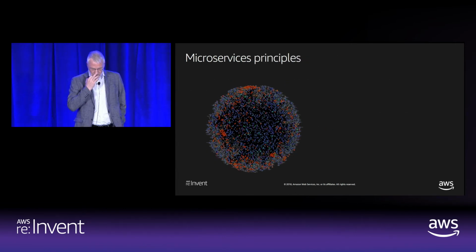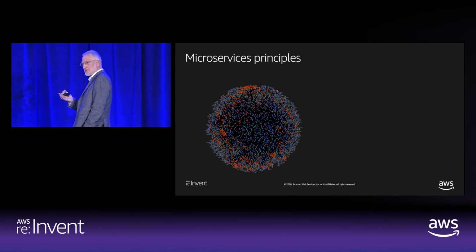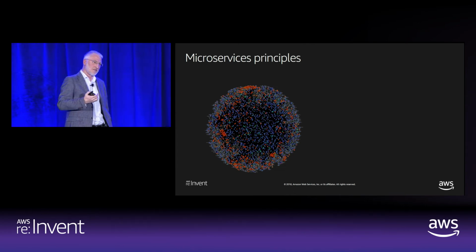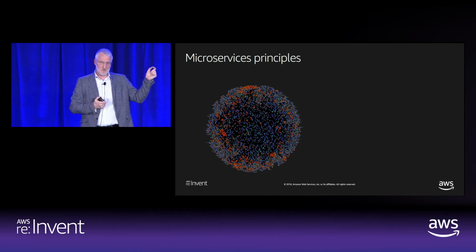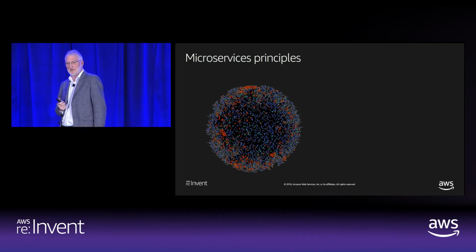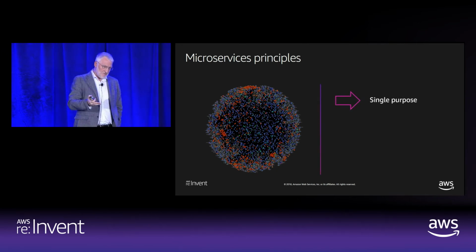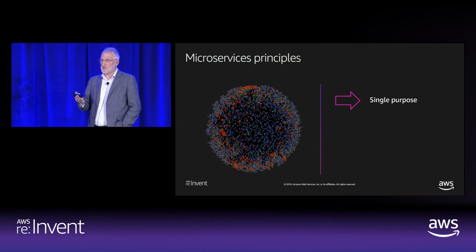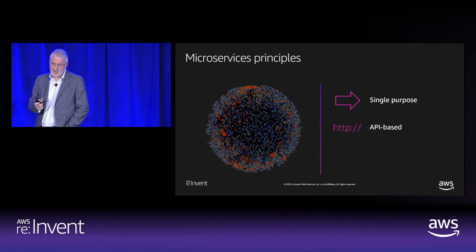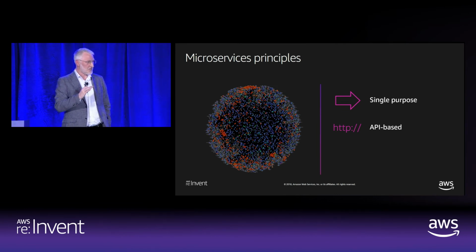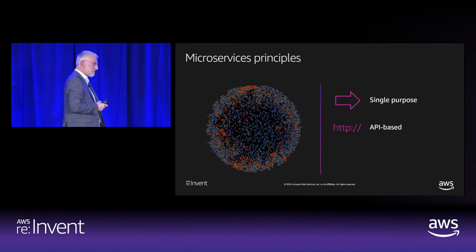So this was in 2010, I believe. This is Amazon.com. So there are hundreds or thousands of microservices that make up the page. And the first couple of microservices were things like the buy button was a microservice, or calculating the tax was a microservice. And what we did is each service had a single purpose, as small as possible, as defined as possible. Each service had an API, and the only way to communicate with a service is through the API. There's no back channel communication or dependency that you might bake in.